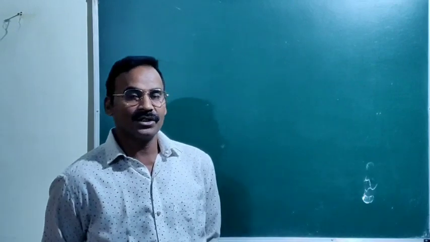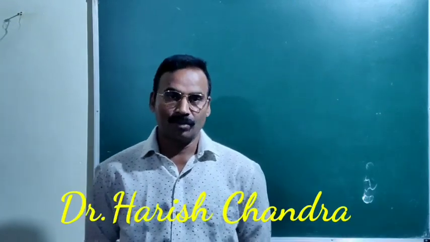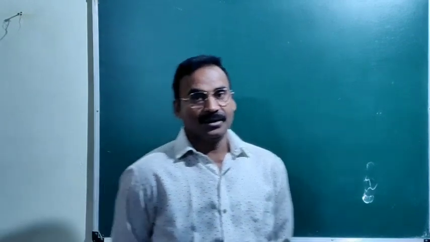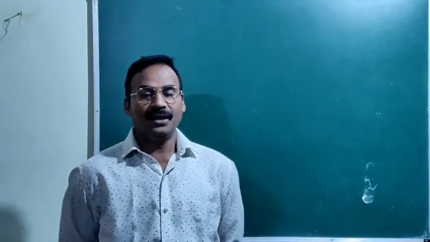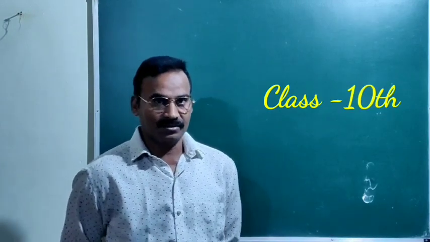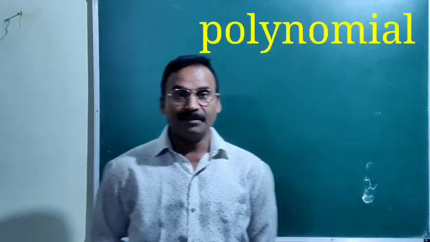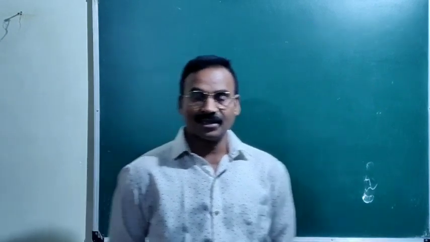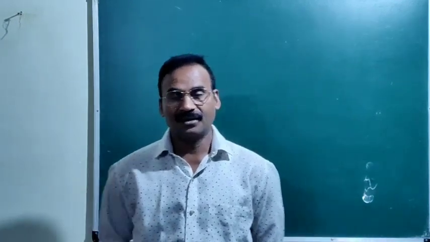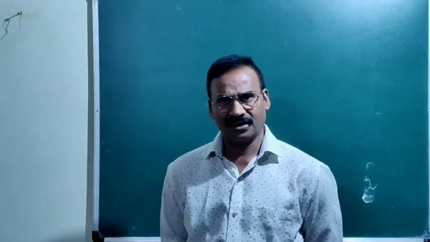In this continuation, we are going to start the topic polynomial. Let me do one activity to make a tea. If you have to make the tea, then what are the contents you need? Okay, if you have to make a tea, which contents do you need? First water, tea, sugar and then milk.